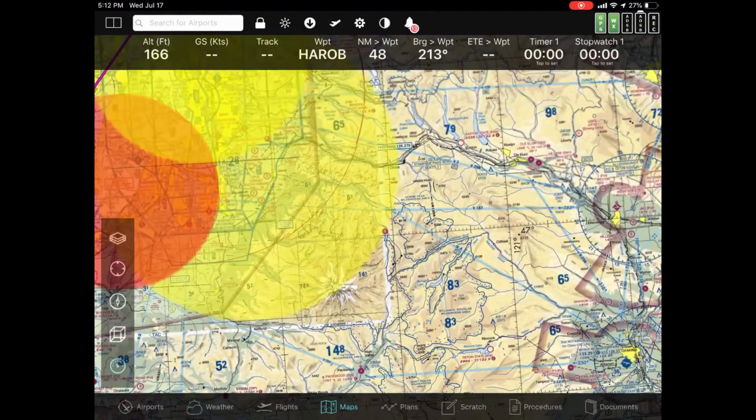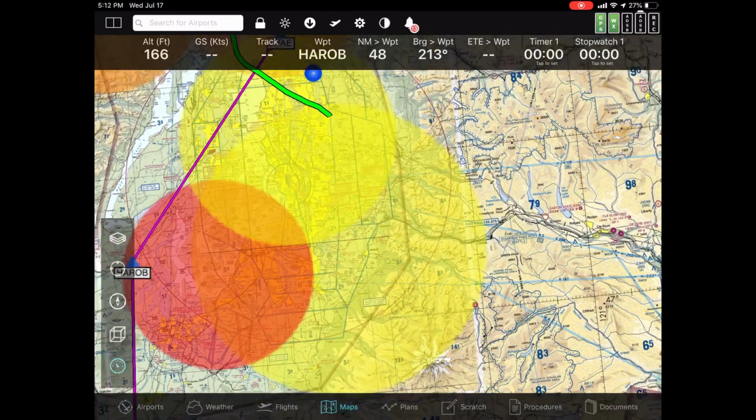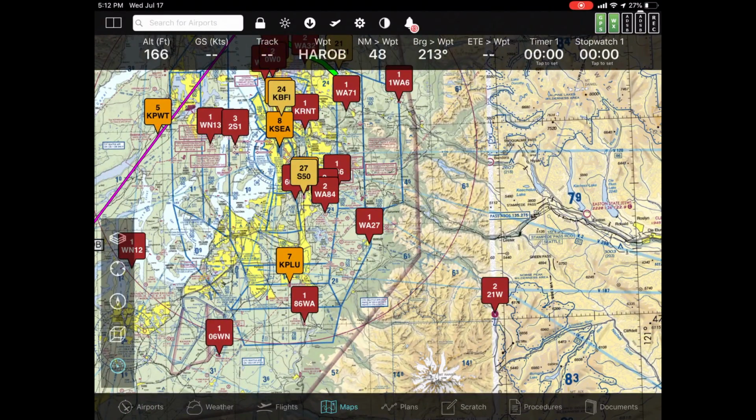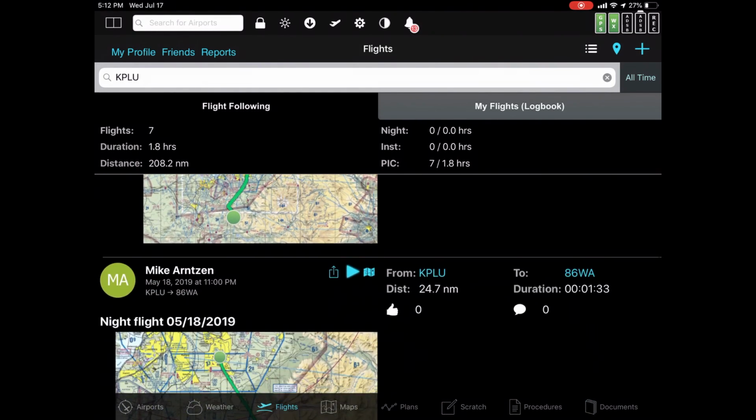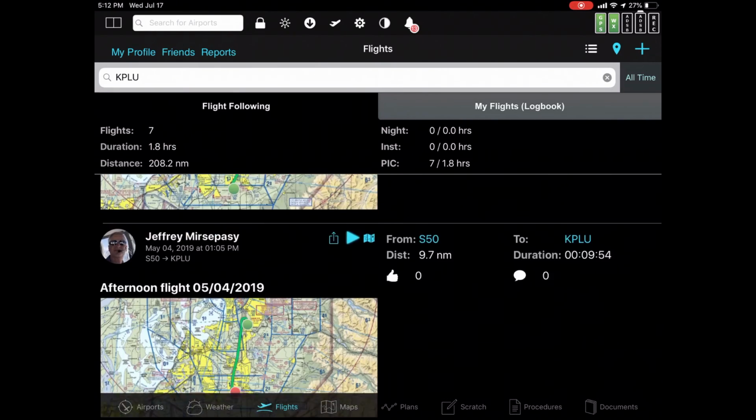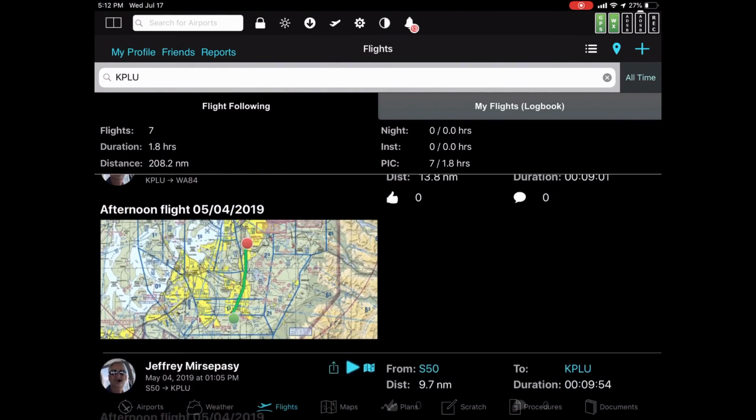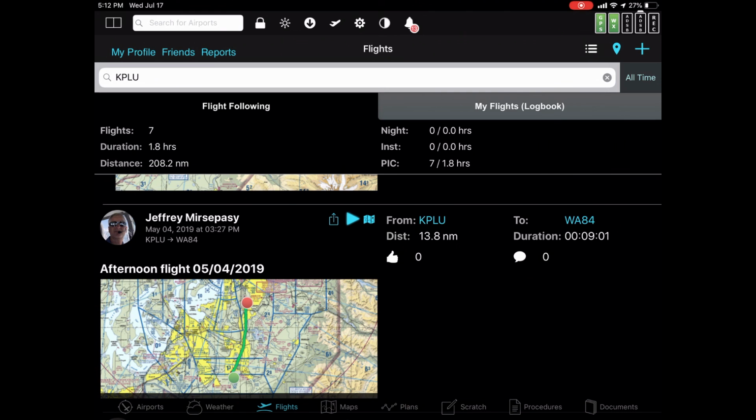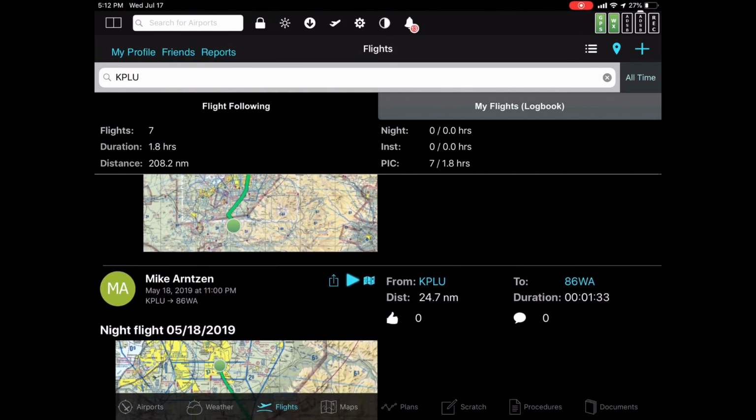So again, if we zoom in, we see things like PLU. So if I want to know who's flown to PLU, I tap on that. It looks like Jeff and Mike have both flown there recently. So this would be a great opportunity to, again, talking about kind of the social aspect of this. I can say something like, oh, maybe to Mike,